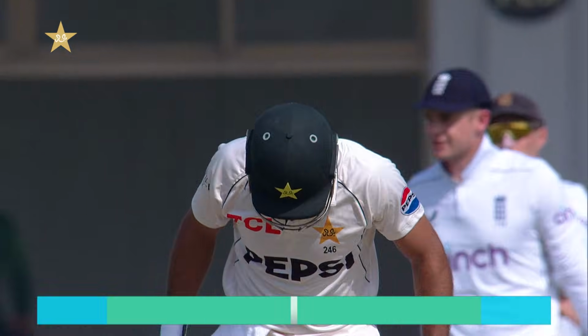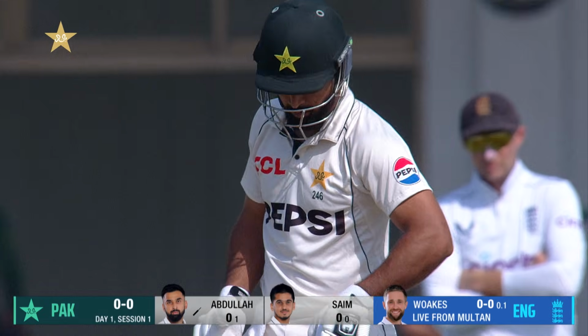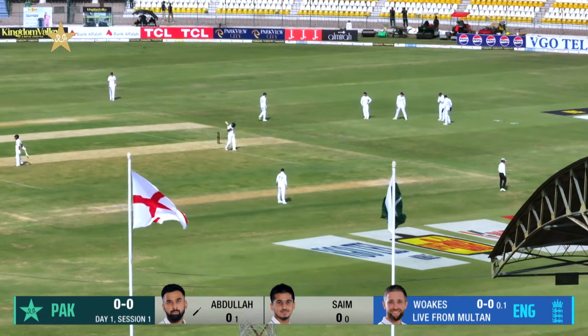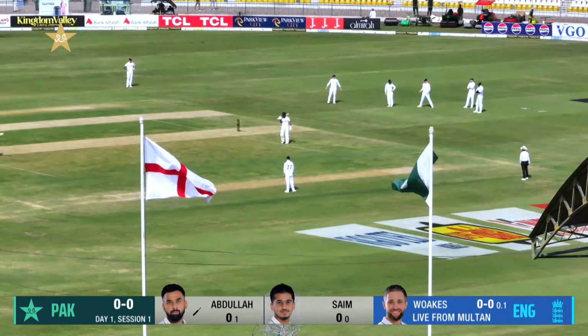Just looking at England's slip cordon, Ramiz, because Zak Crawley broke his finger at the end of the West Indies series, so he missed the whole of the Sri Lanka series. Normally he'd be in second slip next to Joe Root, in between Root and...